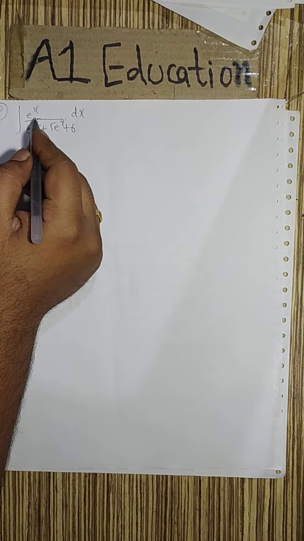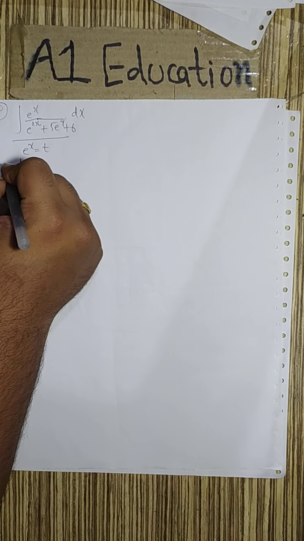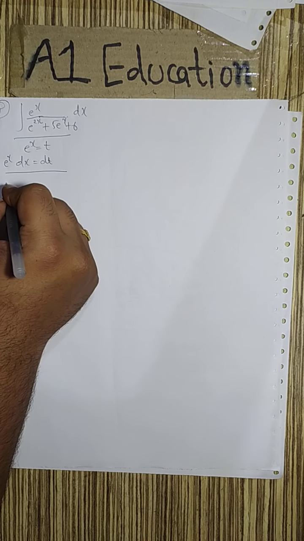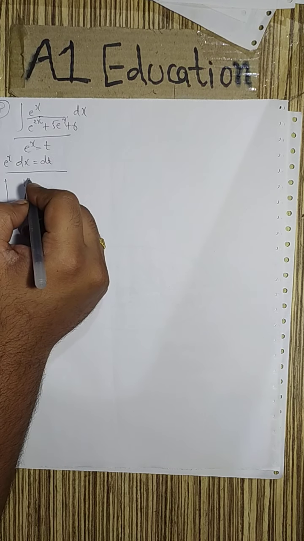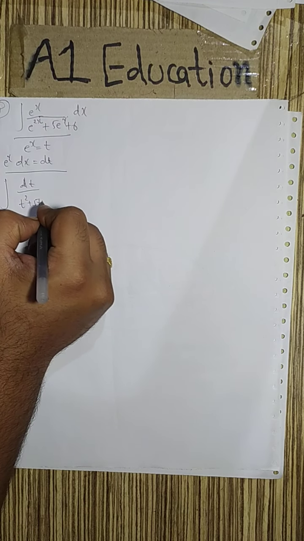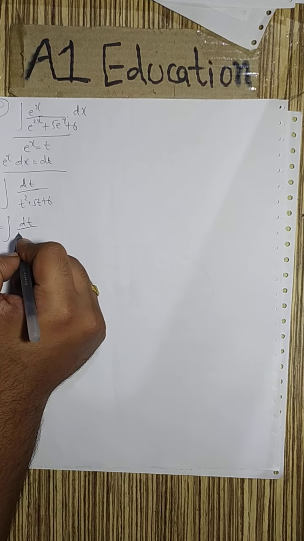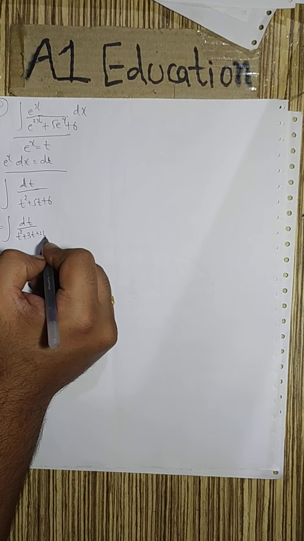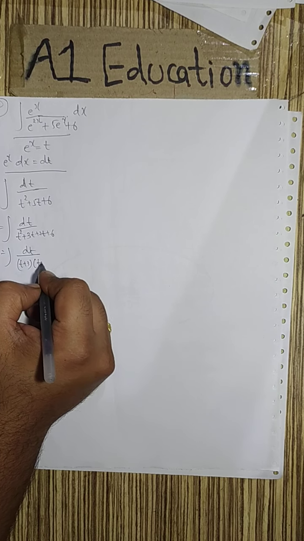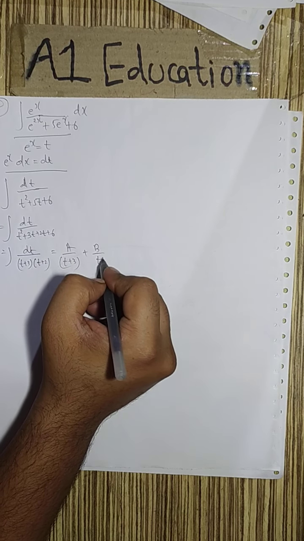The next question which we do is this one. Here again if you see, you can do this assumption, substituting these assumptions here, it will become e to the power x dx is dt, denominator will be t square plus 5t plus 6. Let us see if this gets factorized. So it will be, yes, 3 2s are 6, so t plus 3 and t plus 2, which can be written as a upon t plus 3, b upon t plus 2.